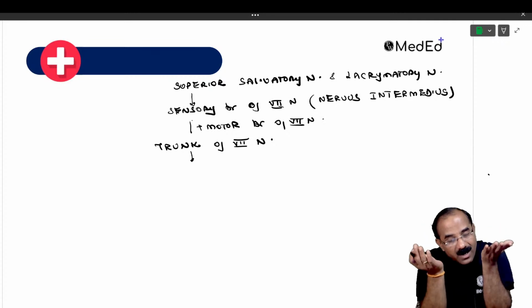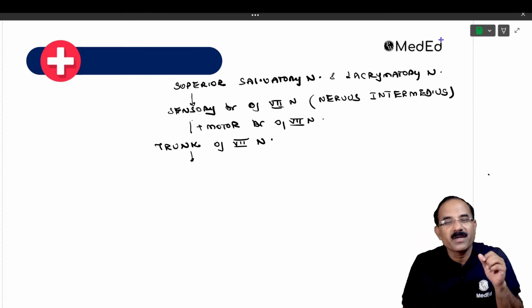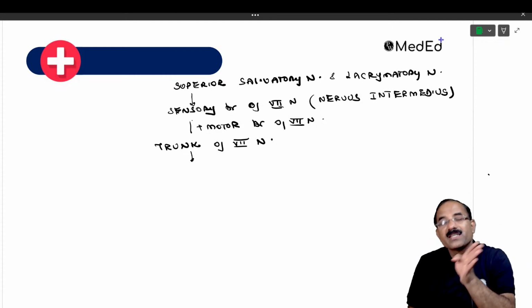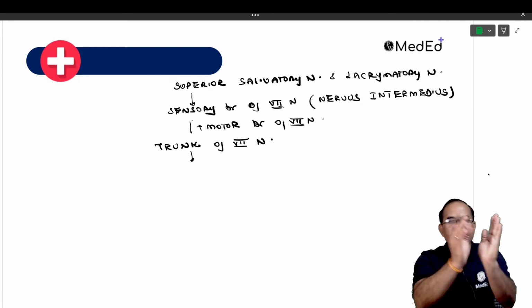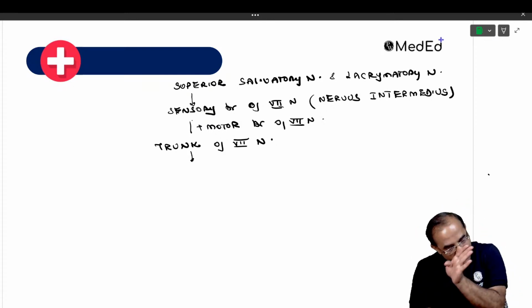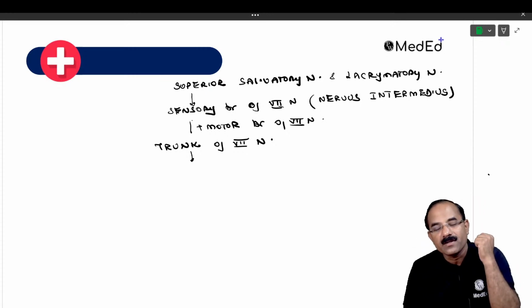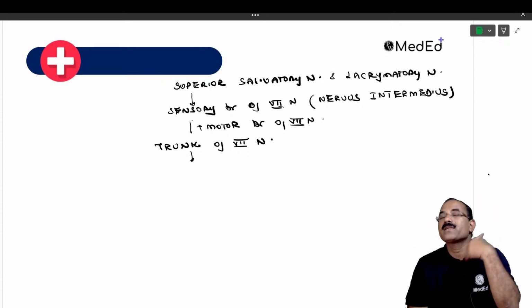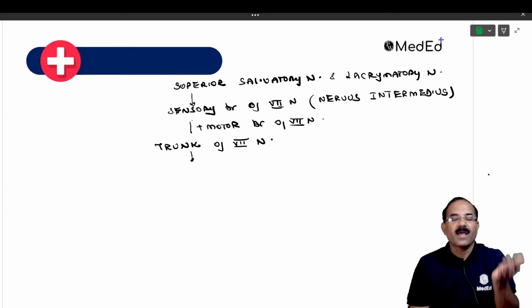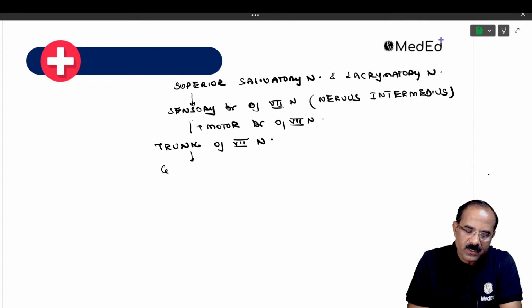अब ये कहाँ गया? It goes in the internal ear. From the internal ear it comes in the middle ear. 3 ear है ना अपने पास. Internal ear, middle ear, external ear. The facial nerve enters the internal acoustic meatus, goes into the internal ear. From the internal ear it comes into the middle ear. And in the middle ear it undergoes a bend, and this bend is known as the genu.